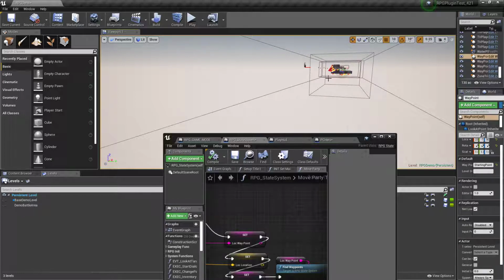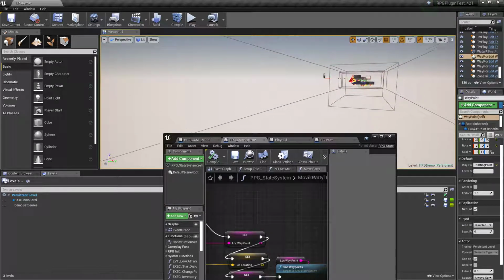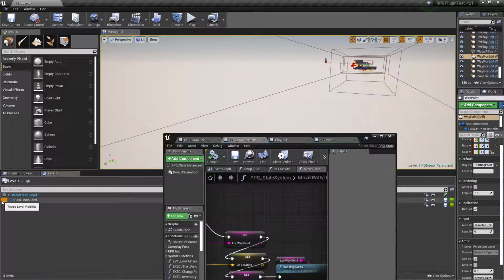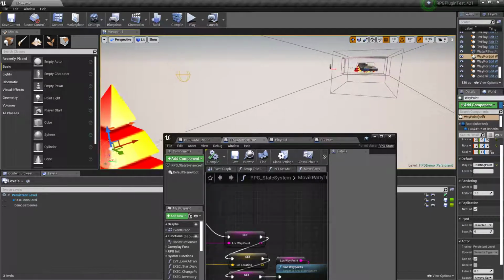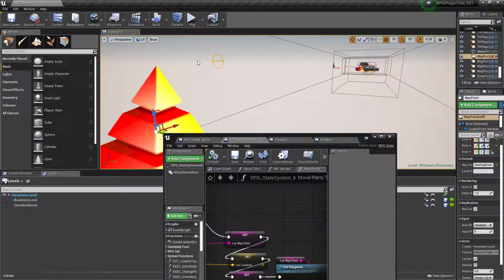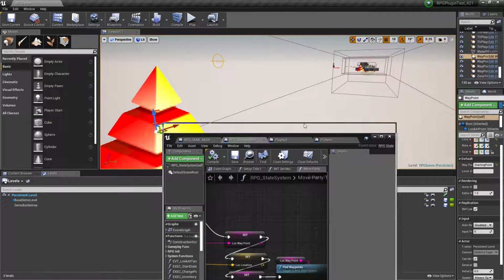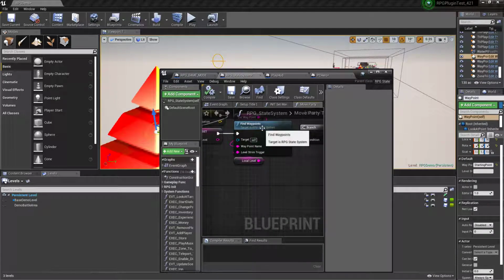Huh. I never moved that other data over to persistent level. I mean, to a level stream. But in general, I wanted to make sure that level streaming was working, and your waypoint is the first point of access to be able to handle level streaming. So when you're going into a map and a level stream is defined,